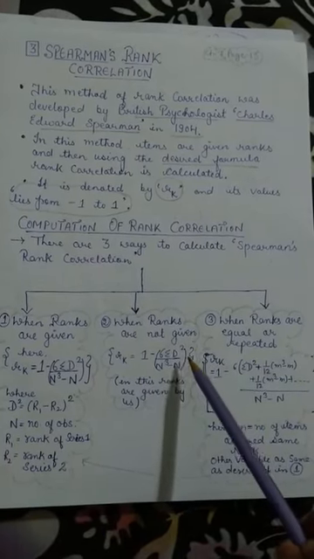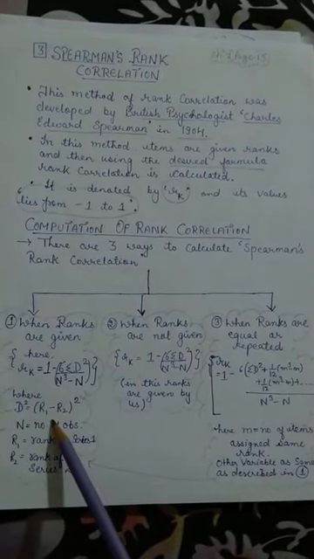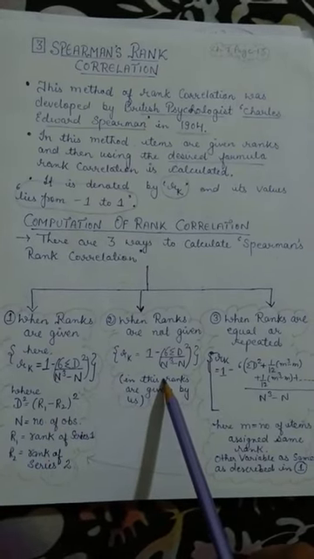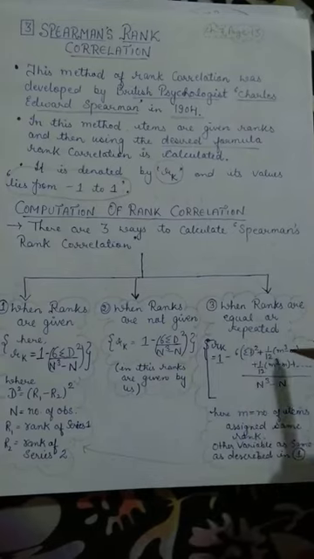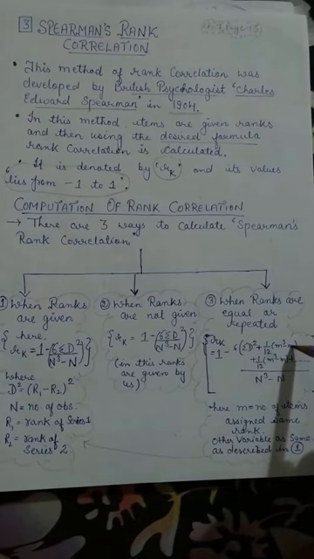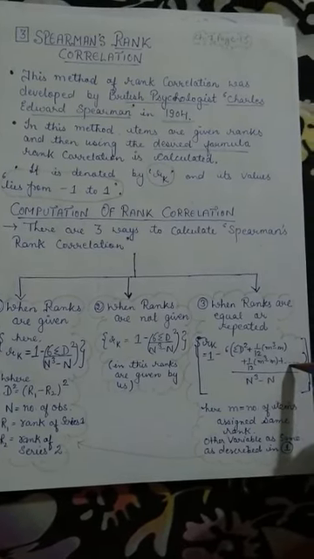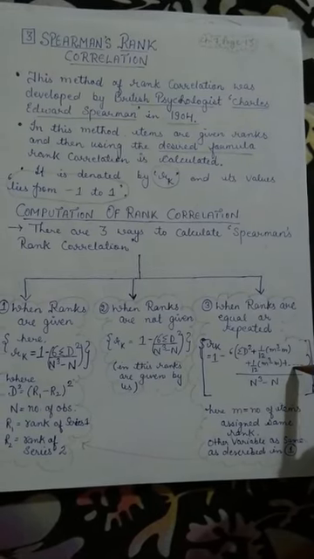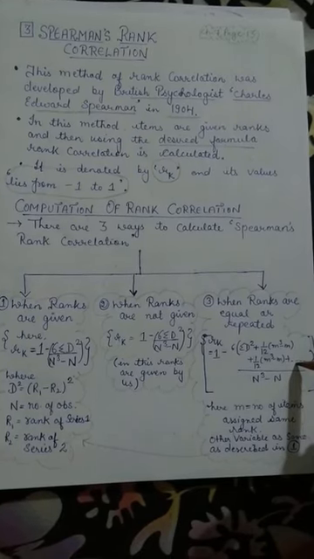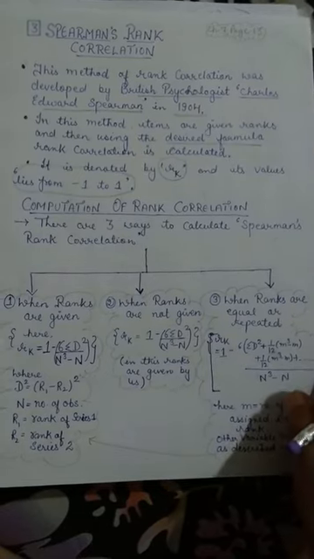Then here also you have the same formulas, but the difference between this one and that one is that in this, ranks are already given, and in that, ranks are given by us. And in this, when ranks are either given or we give them, but after that we find that a few ranks are repeated or the ranks are equal, in that case we have to use this formula.